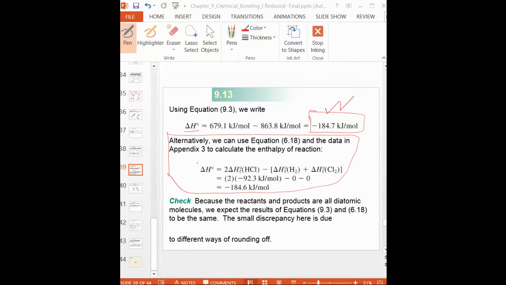Bond enthalpy calculation: remember your formula, and how many reactant bonds are broken and how many product bonds are formed. You have to be careful. I will explain this again when I take the next lab, because I have 15 minutes in that lab. Some students will not be here, some will be in a different section. So when you come back, I will explain it again because this is very, very important. When you have time.